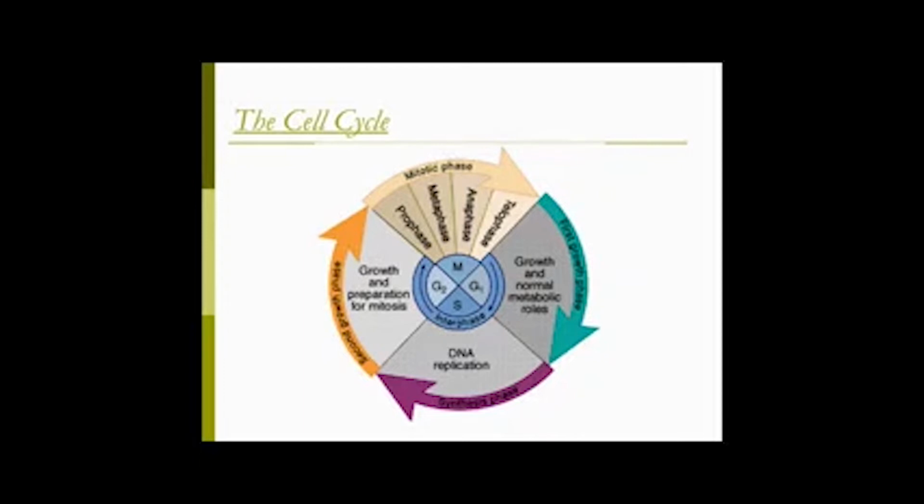So you can see there's the replication stage, there's the growth and preparation. So replication, DNA replication, DNA needs to be copied. Growth and preparation for mitosis. There's a big part here called interphase, and that's what you're going to be learning about next. Interphase is kind of the life phase where it's growing. The DNA copies itself at some point, but it's also doing whatever the cell does. If it's a muscle cell, it would be doing what a muscle cell does, contracting. Then there's mitosis, so the mitotic phase. So this is the growth stages, and then the mitosis phase, which is the division phase.